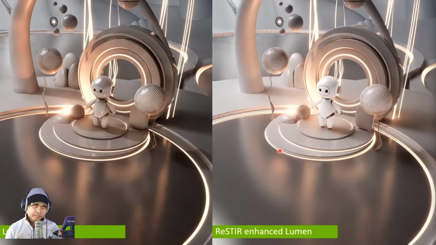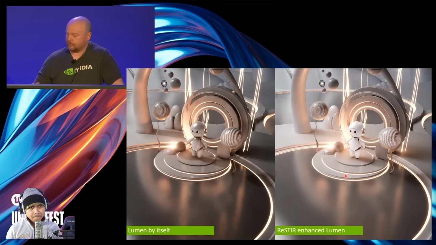Here's some pretty pictures, I hope. So on the left here we have Lumen by itself, and on the right is Lumen enhanced with Reister. And you can see a few things that this does. First off, just noticeably, the right image is brighter. And that bounce, at least partially, has to do with the fact that emissives are being properly counted in this